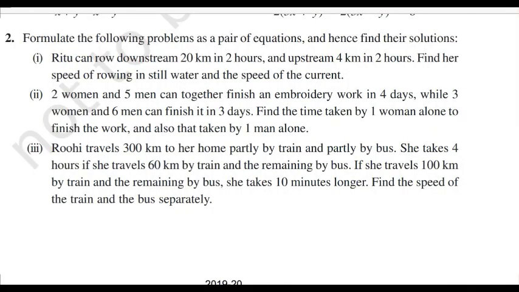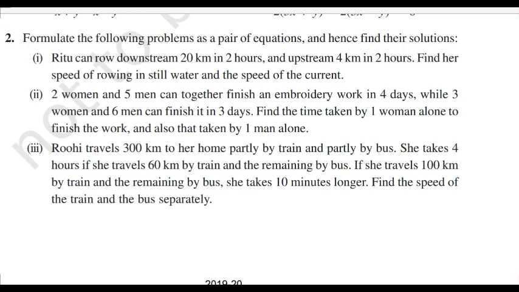Now you go to the next questions of your exercise 3.6, and you can see that you have word problems which have to be formulated first as an equation and then reduced to a linear equation. So going through them, understanding the language, knowing the definitions is the primary thing to formulate the first equation. Once you can formulate the first equation, then by doing the substitutions that you have just seen, you can bring them into the form of a pair of linear equations. Now that would be simple, but formulating the first equation will require an understanding of language. So understanding the English language and understanding a few concepts related to the types of problems